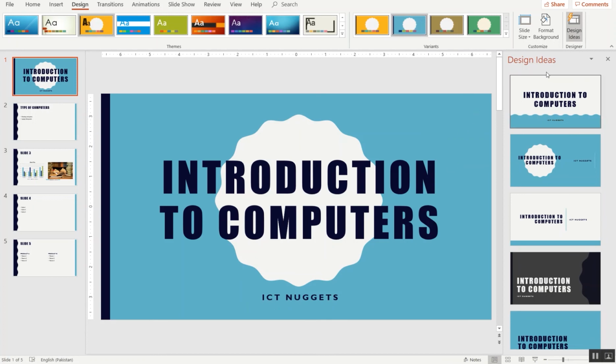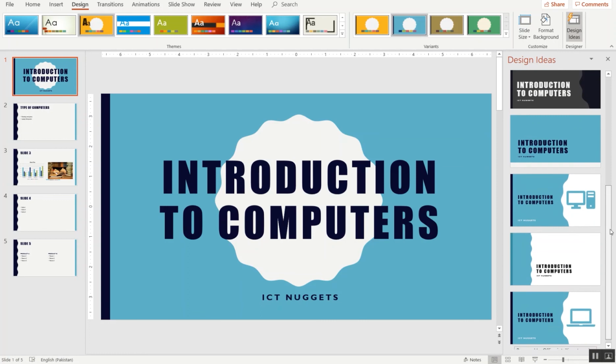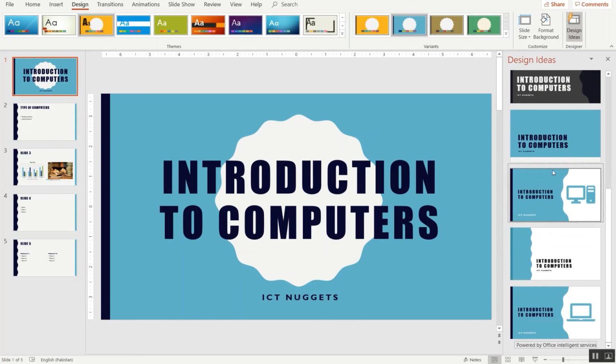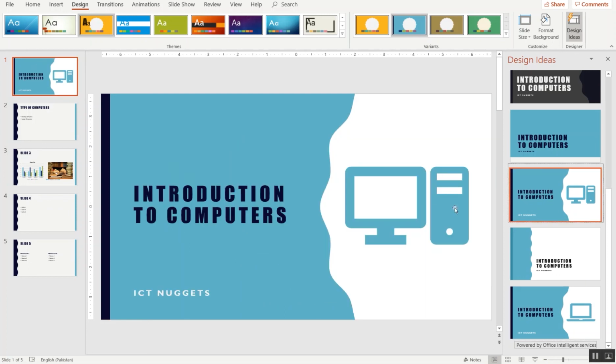For example, for this slide, you can select this idea. If you go down, you have other options as well. So it says introduction to computers. It also has a computer icon, and similar to this, if you want to select this one, you can click here and it will change automatically. If you go to next slide,